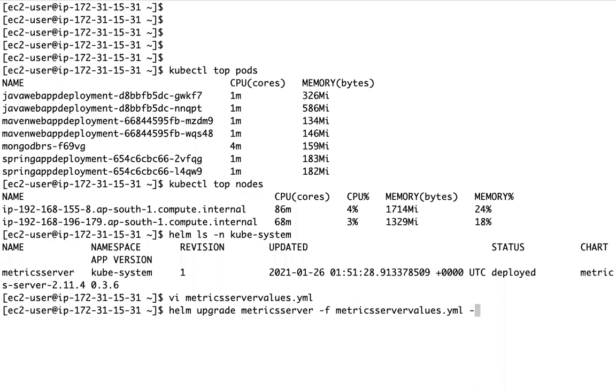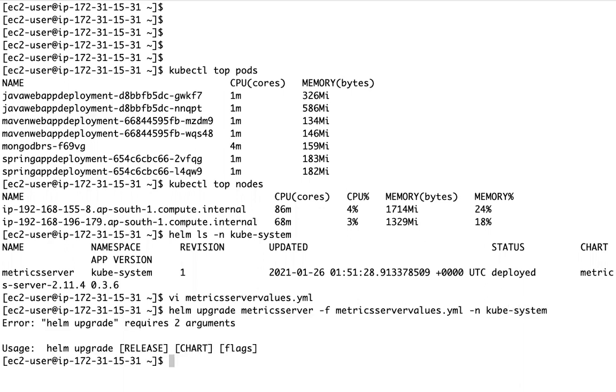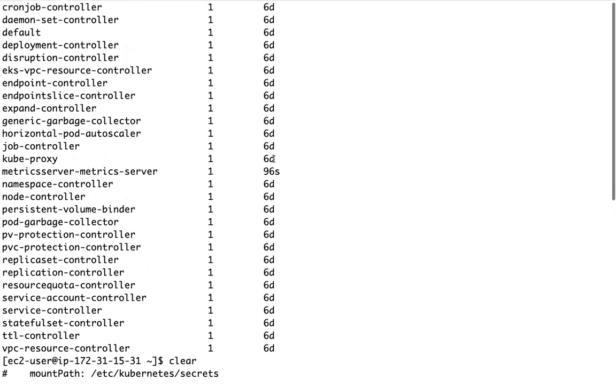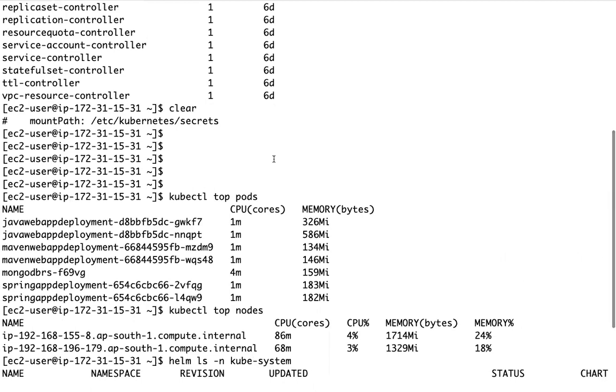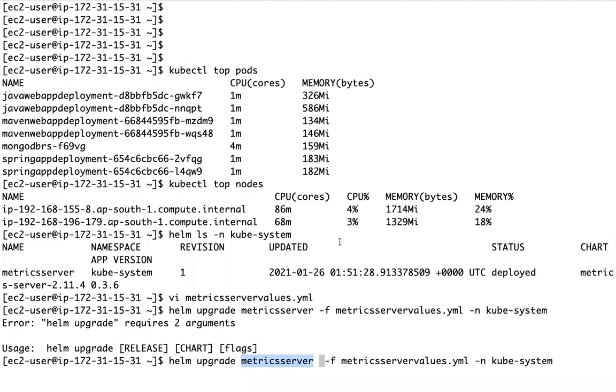Now in this namespace, release, I am missing that chart, the chart name. What is my chart name? That is stable metric server. The chart name is stable, that metric server.